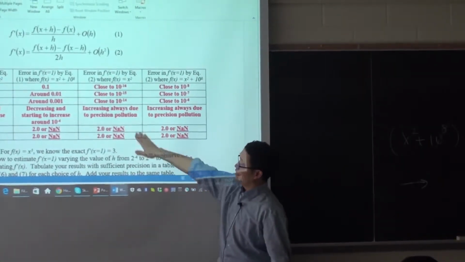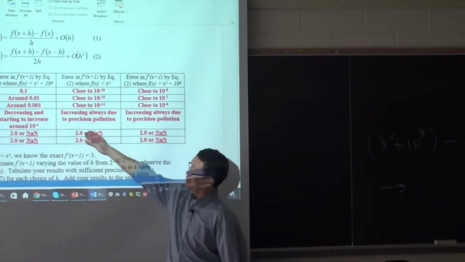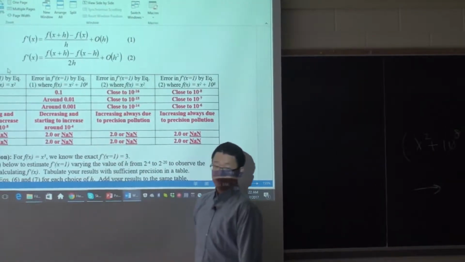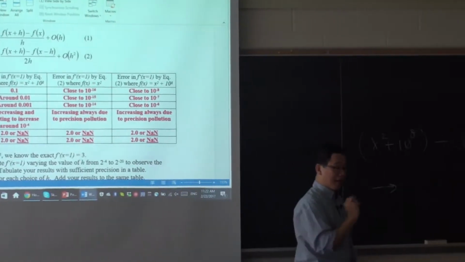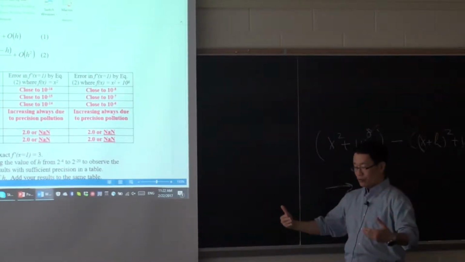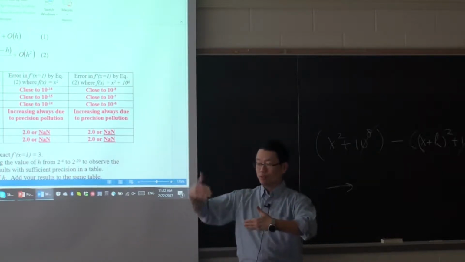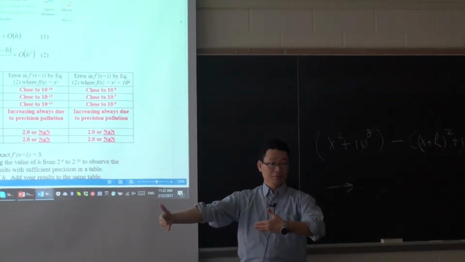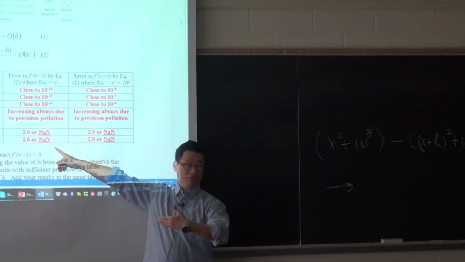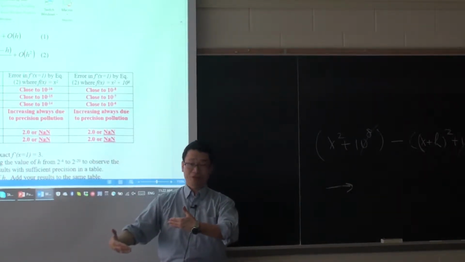The error will increase gradually due to the precision pollution in all the calculations, and it will start increasing instead of decreasing with a smaller h. And for a higher order method, that will happen earlier, which is also true. If you think about it, if I use a more precise method, I will go to the precision limit faster. That means if you really have a smaller h, your second order can give more errors if you are not careful, because you hit the rock bottom precision faster.